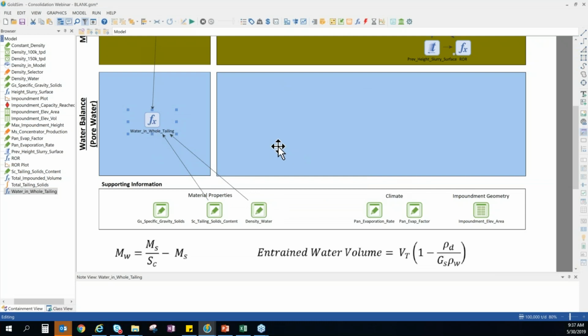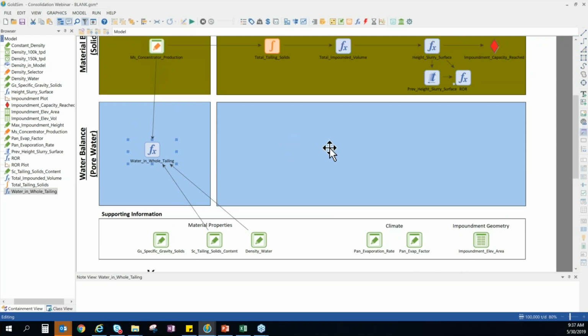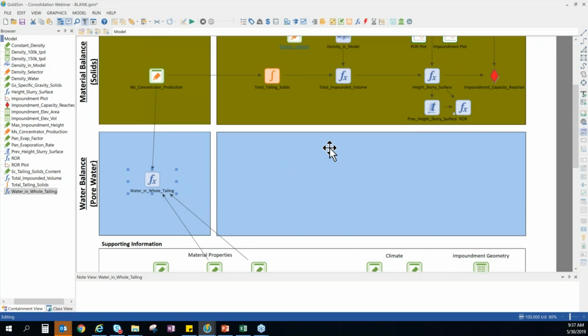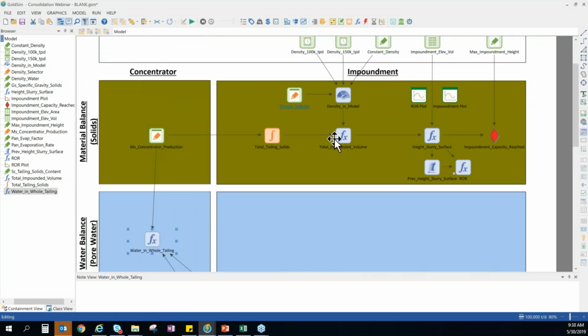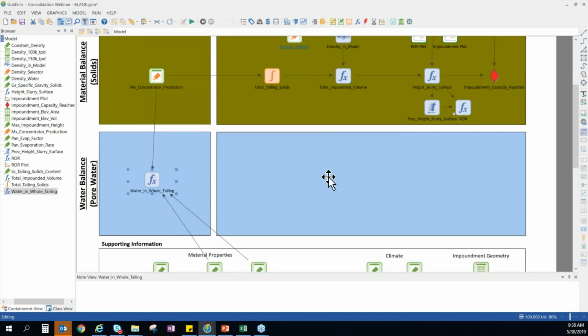So since we're going to assume 0 precipitation, now the next step is going to be to estimate our losses. And as we mentioned just a few moments ago, we're going to assume 2 losses, entrainment and evaporation. So the entrainment loss, this is where we are going to account for the consolidation properties that we computed previously, right? So we're going to bring in these density functions to help us calculate the impact of consolidation on our